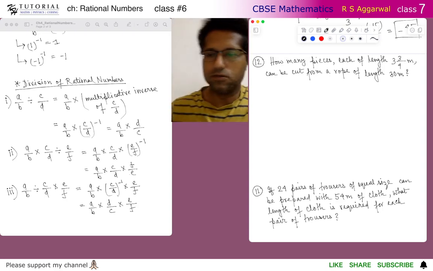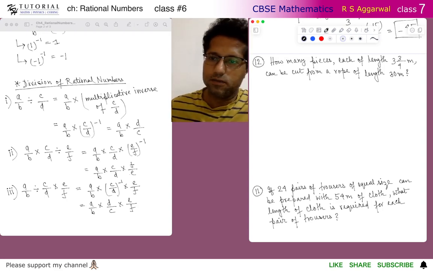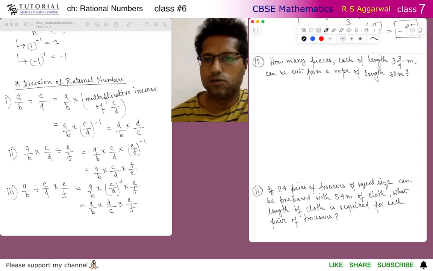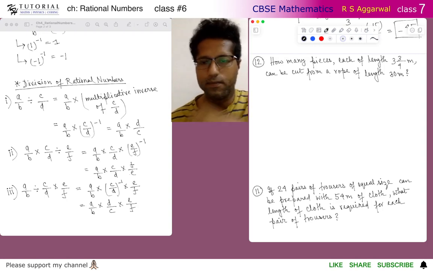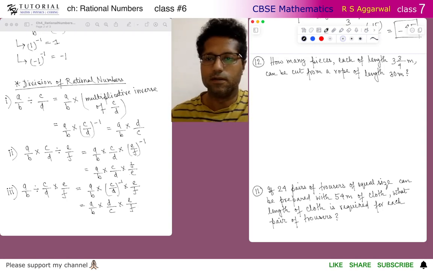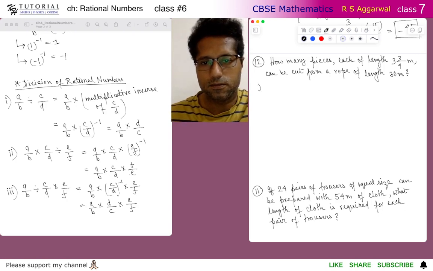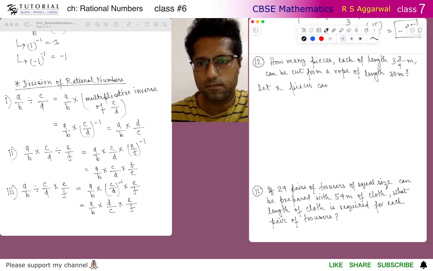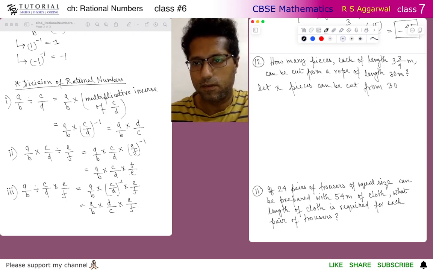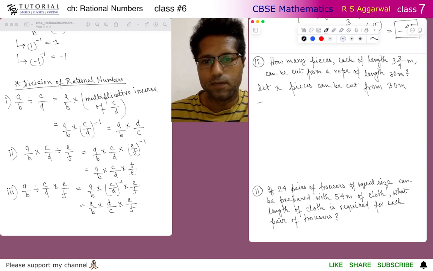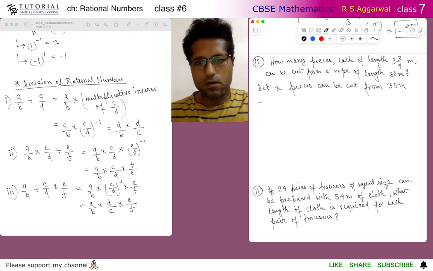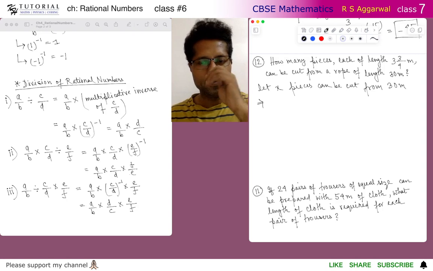So each piece is of length 3 and 3 by 4 meter. So how many such pieces can be cut from a rope of 30 meter? So let x pieces can be cut from 30 meter. So this implies that